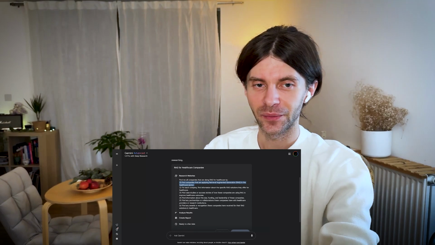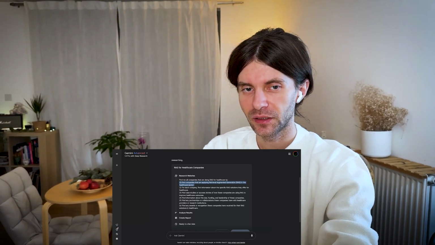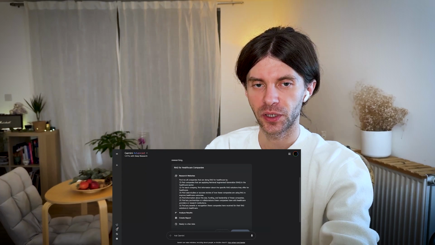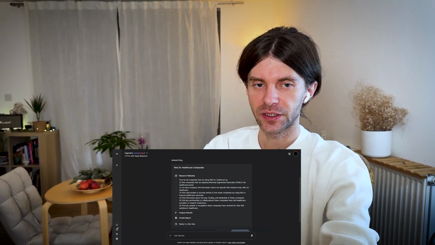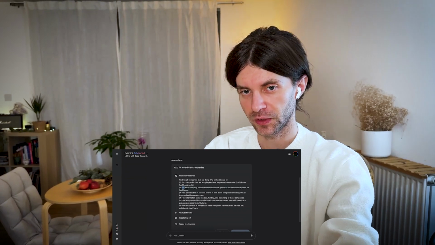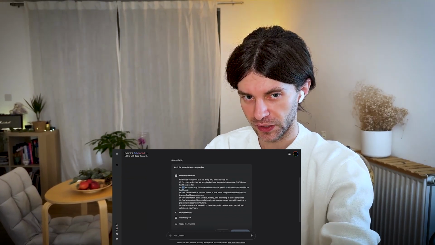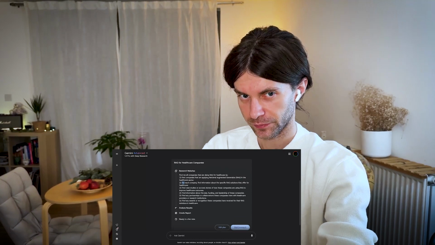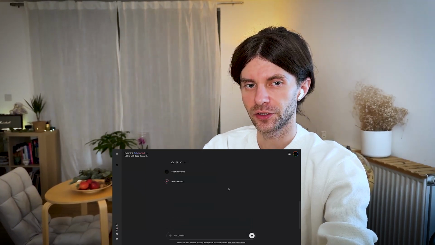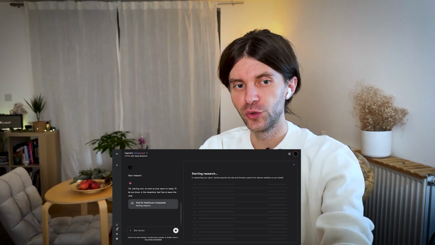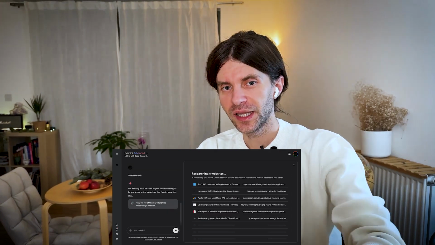Nice. Yeah. I'll just read through some of the steps. The first one is find companies that are applying RAG in the healthcare sector. Then the second step is for each company, find information about the specific RAG solution they offer for healthcare, and so on. So if I'm happy with this, I can start the research, and it will now basically do its thing. This will take a bit.